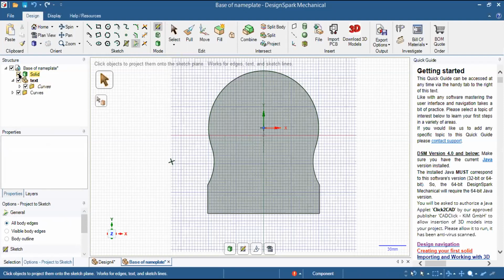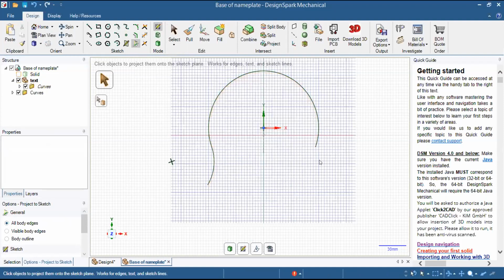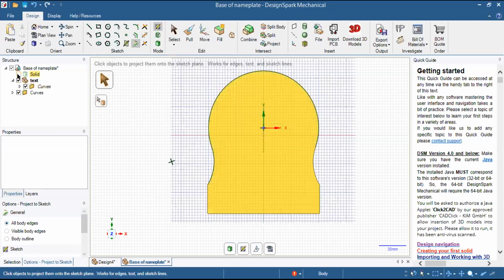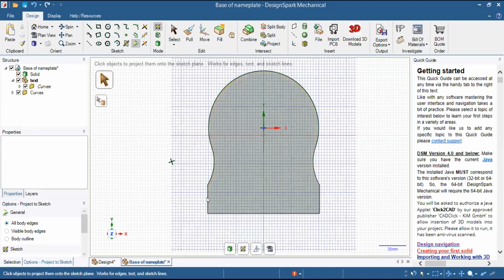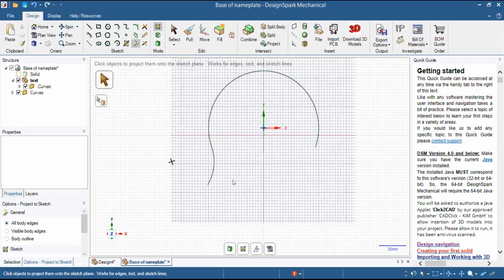If I disable the solid, you can see a similar structure is being created. Now again I will click back to the solid and I will start doing the same thing. Actually I want to make a similar shape, but that will appear as a new component, right? So disabling the solid, we were having this much shape with me.